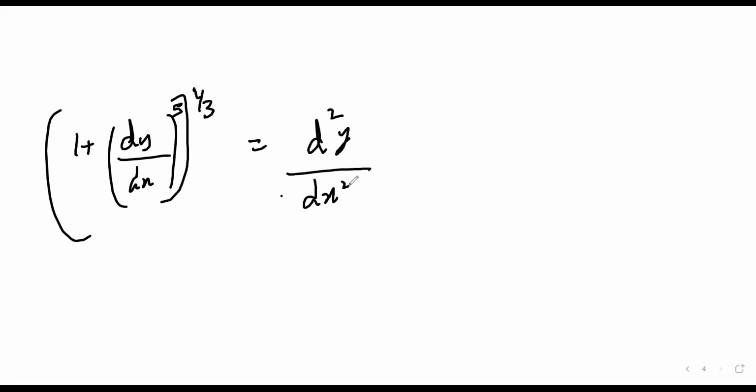So what is the first step I will do? I will take cube root on both the sides. So this is again a very simple question. Whenever you get whole power 1 by 3, correct? We all know that the biggest power is what here? d square y by dx square. If I'm taking cube root of this on both the sides, what will be my answer here?